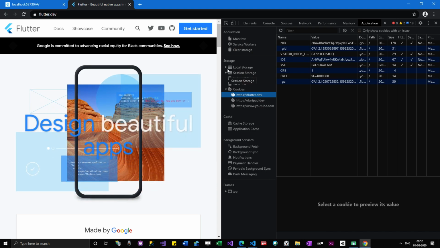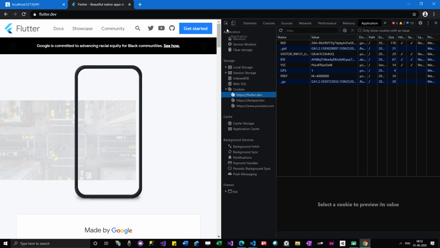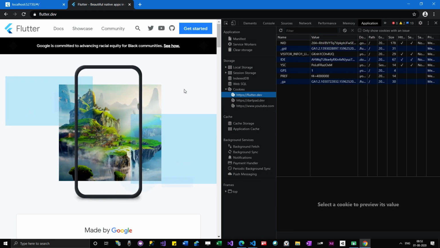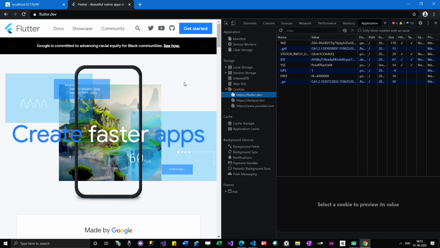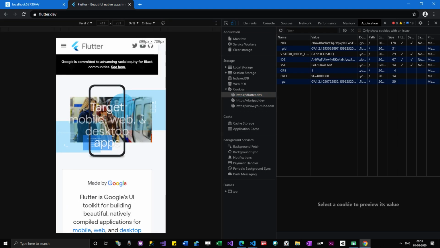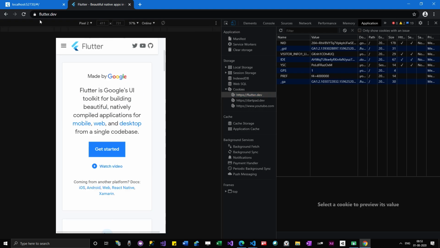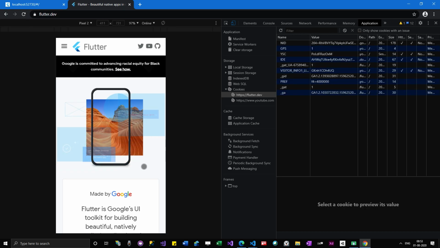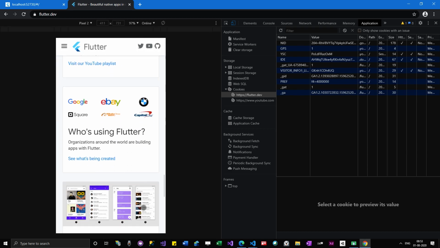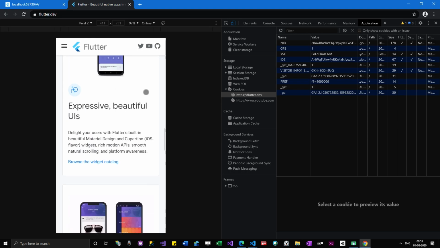There are other options also, which I'm not going to discuss, but the other option I want to discuss is this: since we are mostly concerned about debugging our apps inside a mobile phone and we are not getting that option because my computer is slow, I can click on this icon over here. It will enable you to view a mobile view of your stuff. After clicking this, just refresh it so that it will get you the device styles. Now you can see that everything is loaded in the mobile view.